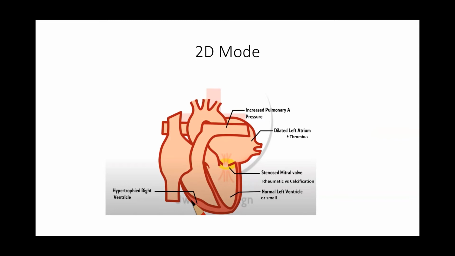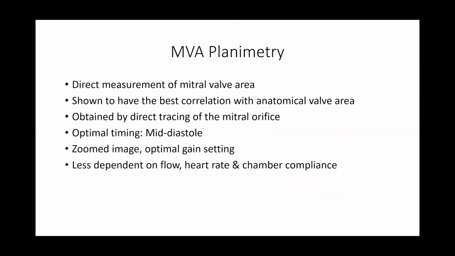There would be signs of pulmonary hypertension, and over time there would be thickening of the right ventricle, and probably dilation or right ventricle dysfunction over time. Then in the 2D mode, there is one very important